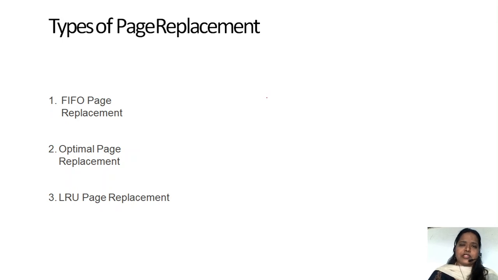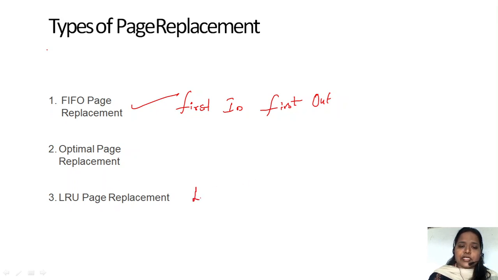Let me concentrate on the types of page replacement algorithms. The first and foremost one is FIFO, first in first out. Next is the optimal page replacement algorithm, and finally we have LRU, which is the least recently used page replacement algorithm.